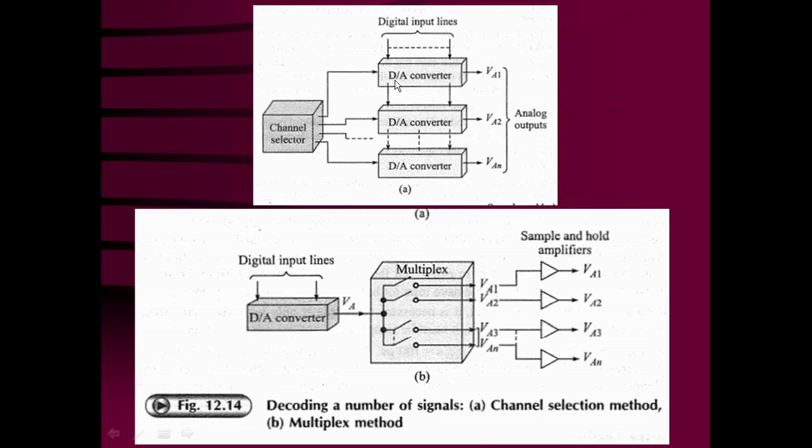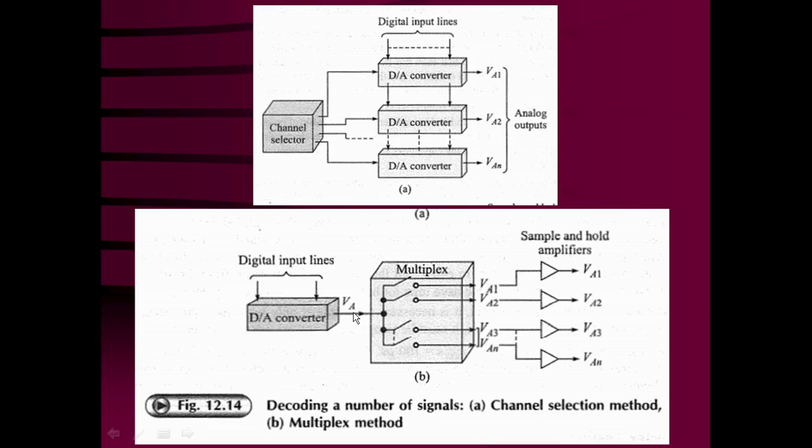So this is a channel selector method. You can see that the first method is the channel selector method. Now in the second method, that is the multiplexing method, digital input lines are given to a D to A converter, but only one D to A converter is present. So instead of n number of D to A converters, here there is only one D to A converter, and this D to A converter converts the digital information which is coming in a sequence one by one